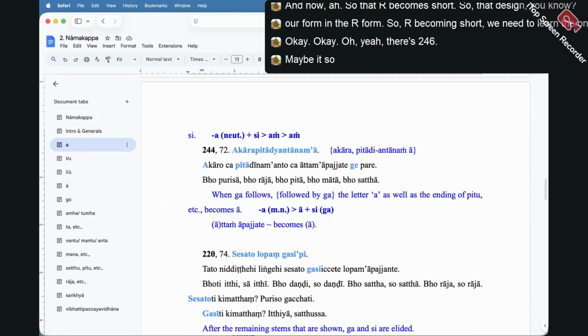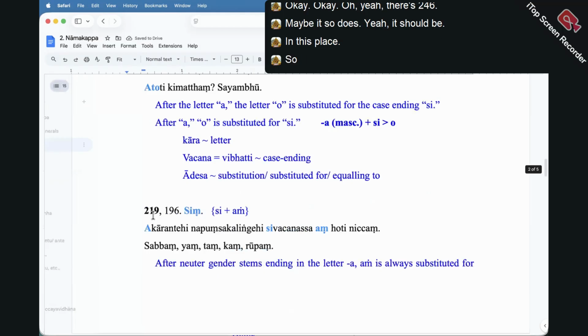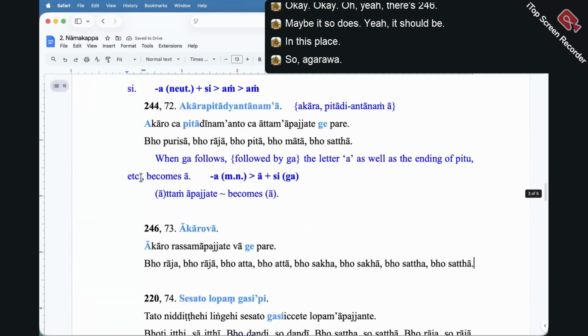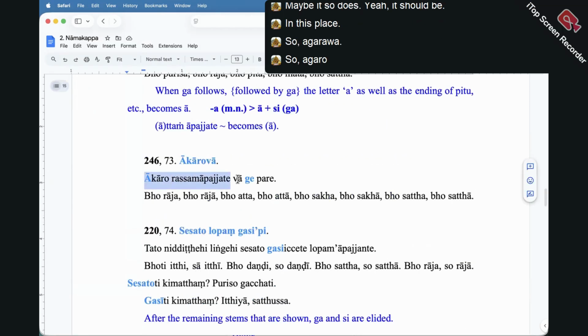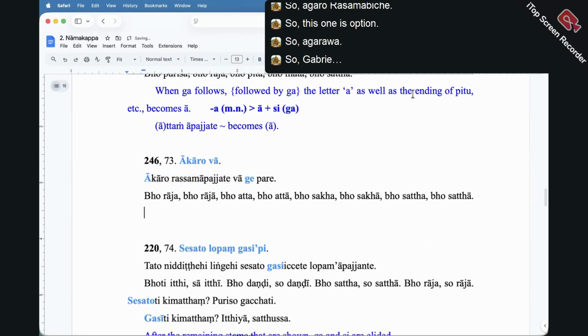Maybe this soda here should be in this place. So agaro wa. So agaro rasa mabijate wa gebri. So this one is optional. So agaro wa. So gebri, when God follows,